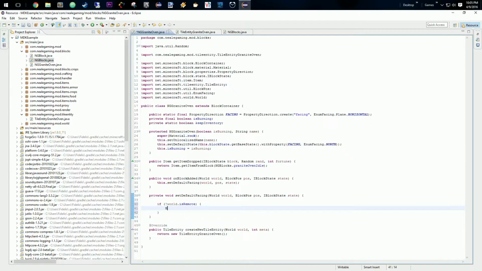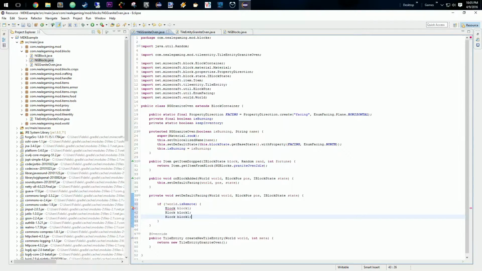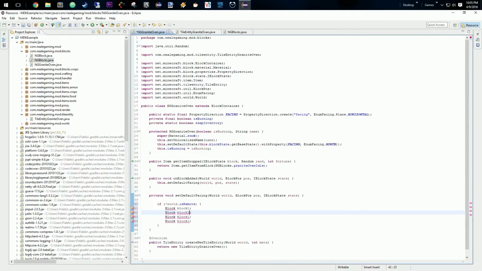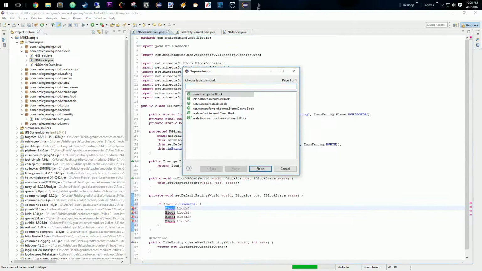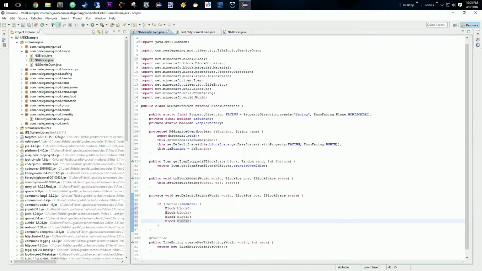We are going to say Block block 0, block 1, block 2, block 3, that's import block, net.minecraft.block, just like so. So what we're going to do is for each one of these, we're going to say